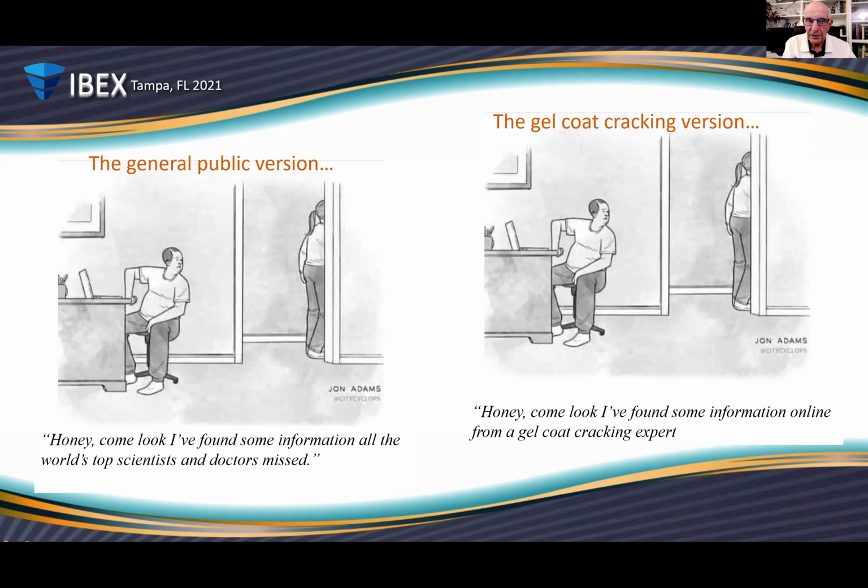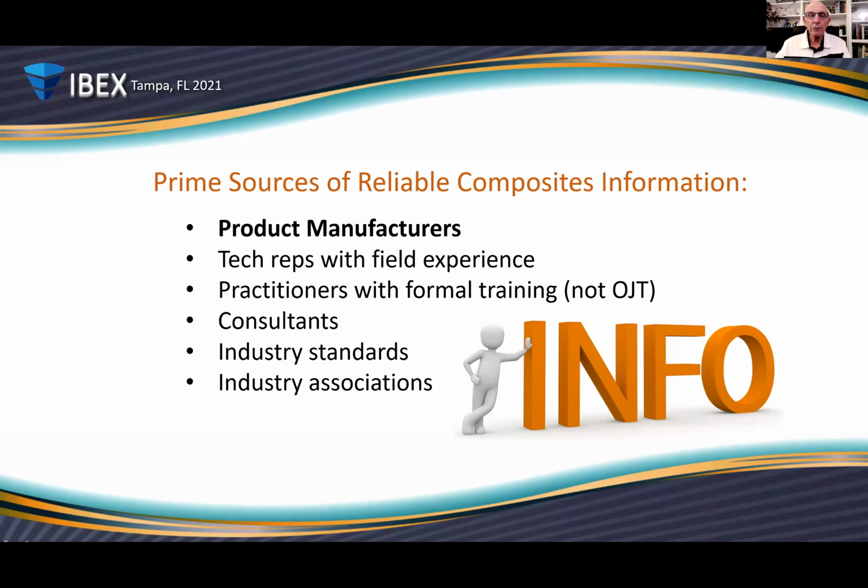And if you qualify the source as being a legitimate technical source, then by all means, absorb that information. Okay. So what are reliable sources, prime sources of reliable information? Well, it starts with the product manufacturer. The people who know the most about your gel coat are the people who manufacture the gel coat. They are also a great source of technical information. They have a vested interest in educating you. They have a vested interest in making sure that you know the most that you can learn about their product,